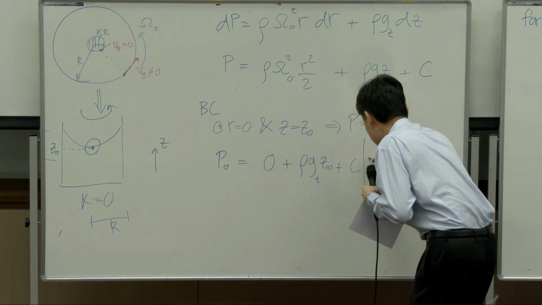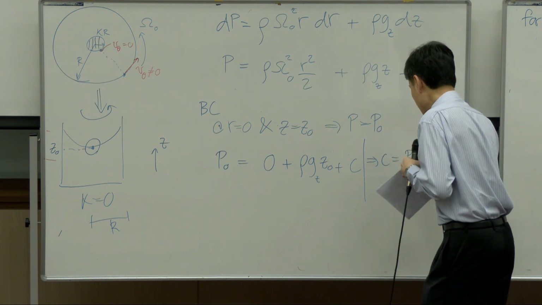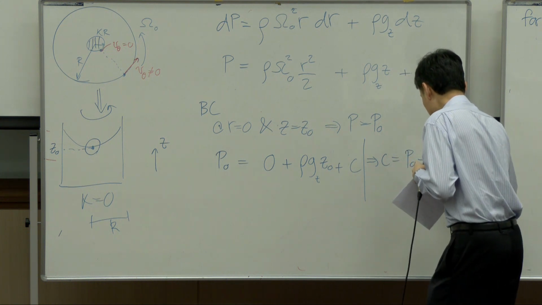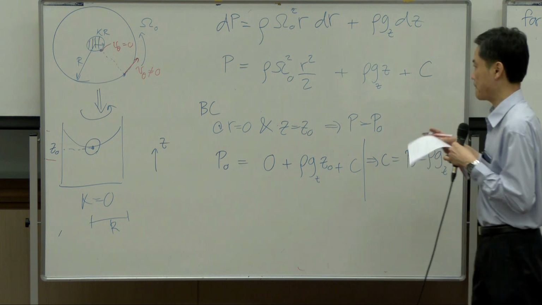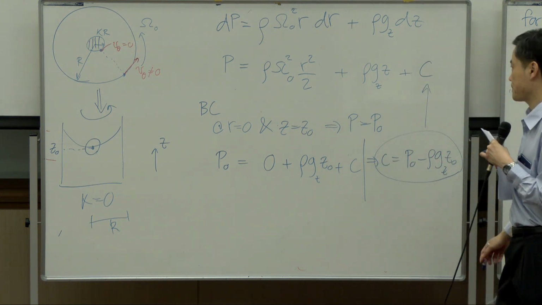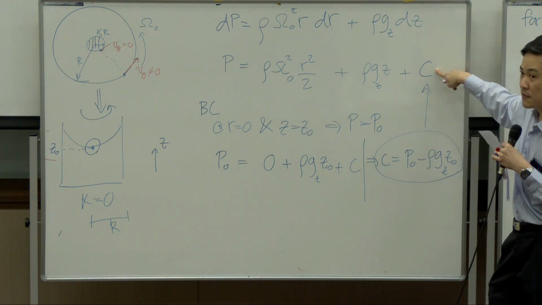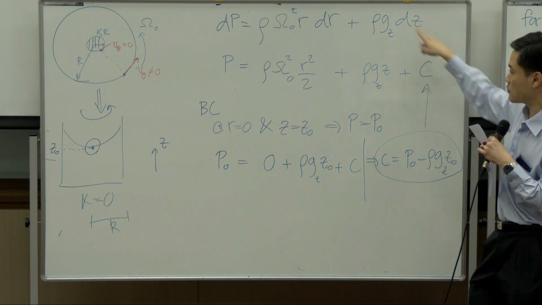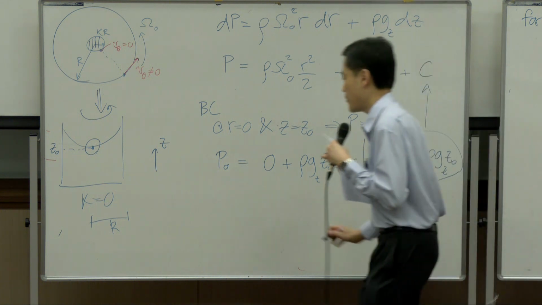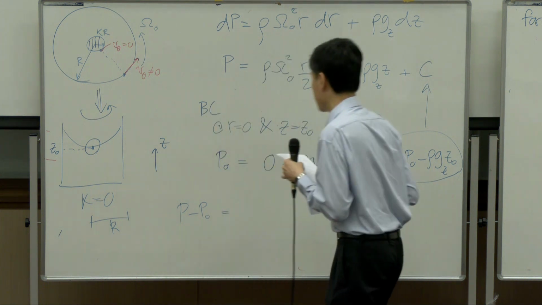In this case, it means that C equal to P0 subtracted by rho g z0. Take this up here, so here you have P0. If I take P0 to the left-hand side, I end up with pressure subtracted by P0 equal to